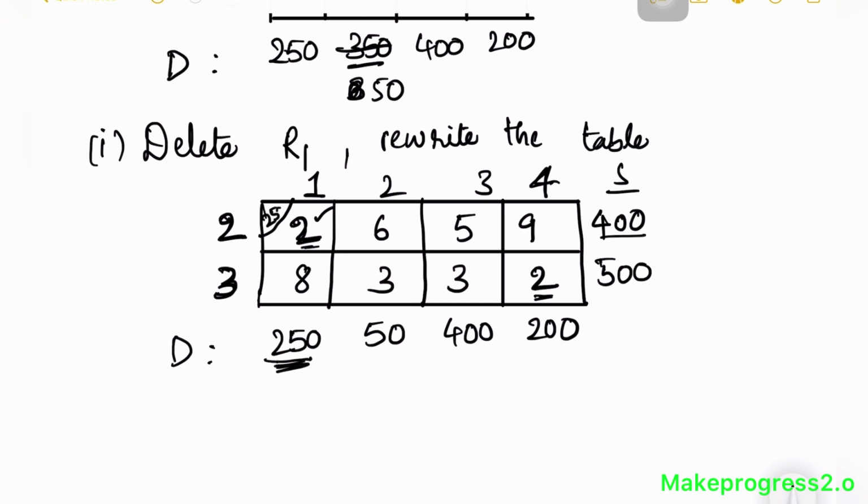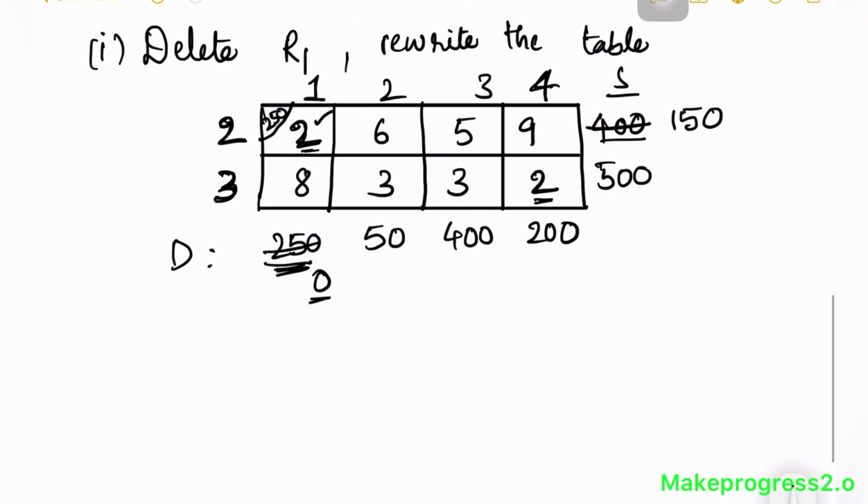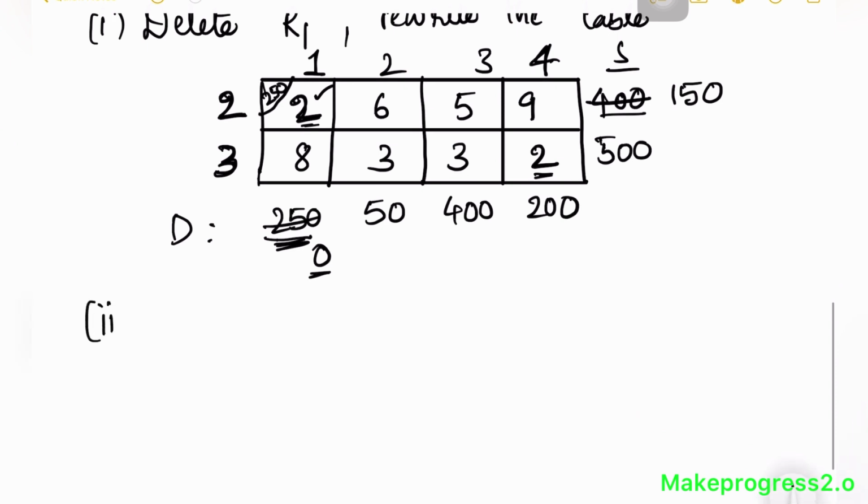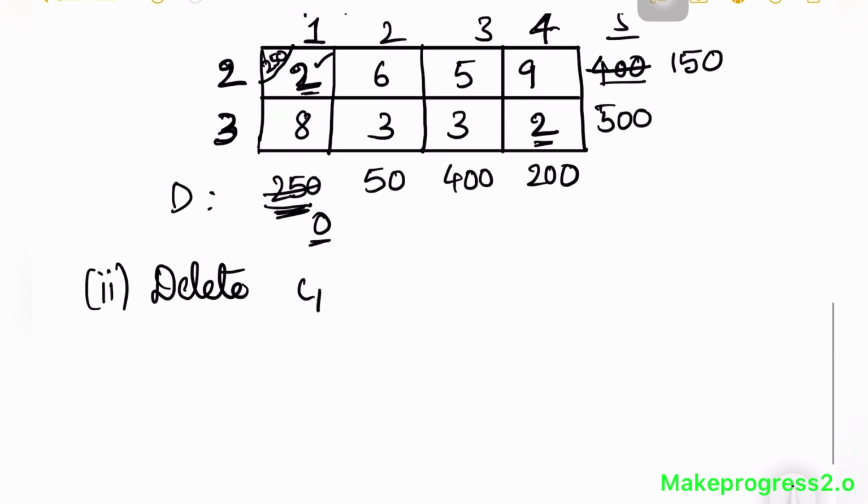So let me take this. Since it is 250, I am going to write 250 at the corner, and 400 minus 250 is 150, and 250 minus 250 is 0. So since I got 0 at the column 1, I have to delete the column 1. So if we delete the column 1, you will get